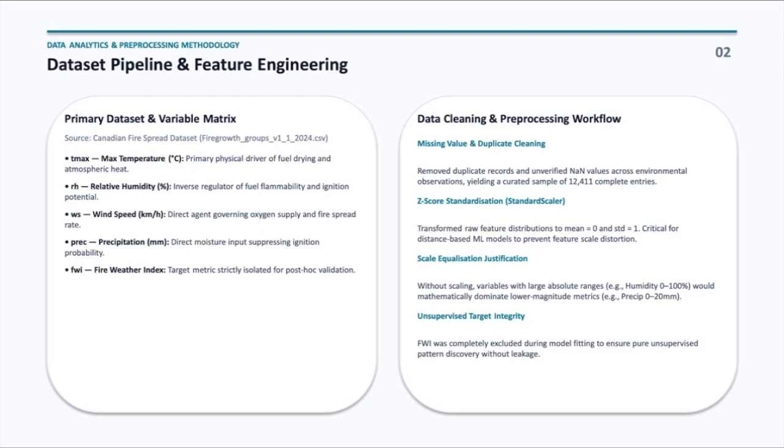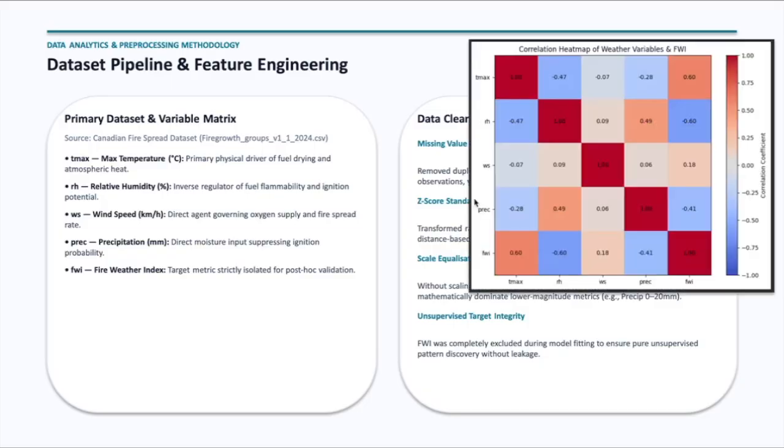conditions. For data processing, missing values were handled, skewed variables were log transformed, and all features were scaled using StandardScaler. Standardizing these variables ensures that large numerical values like wind speed do not artificially overpower features with smaller numeric scales during calculations. First, looking at the correlation heat map, this chart shows how strongly our weather variables relate to